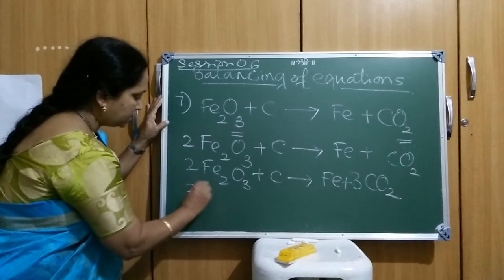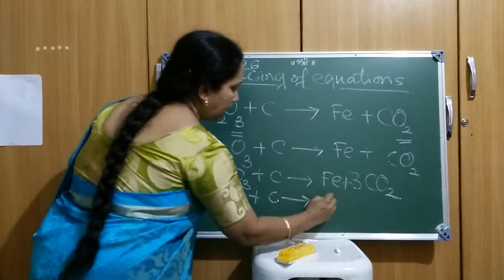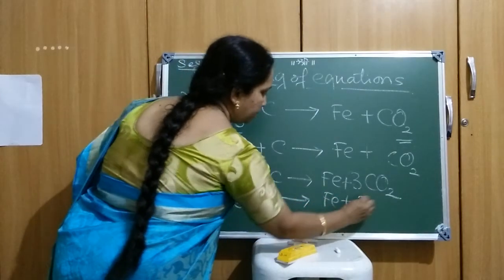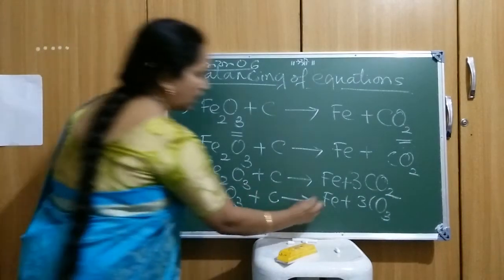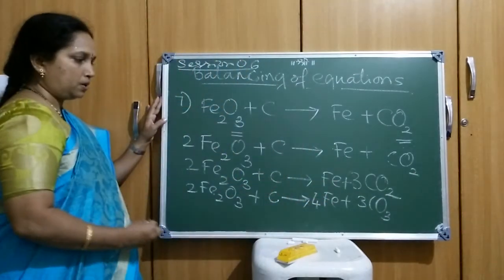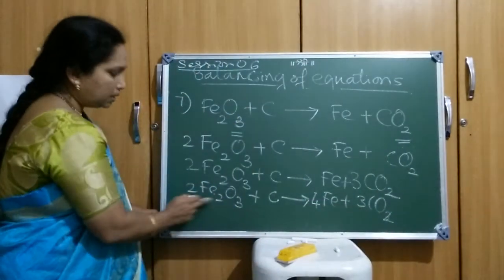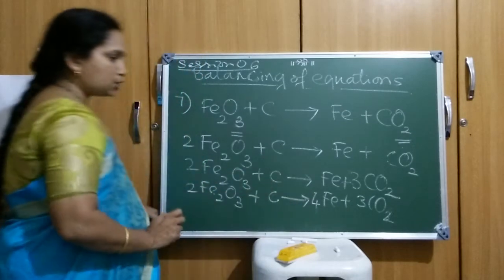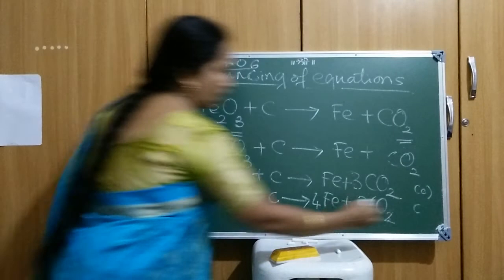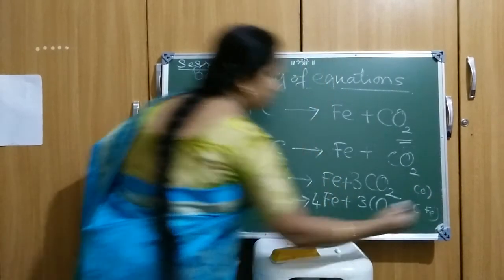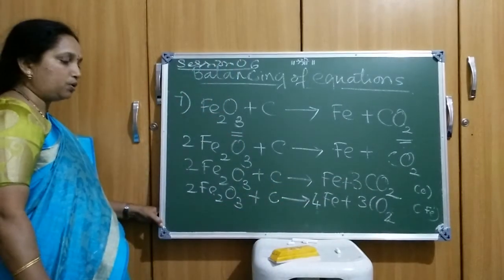So I'll write down the equation Fe2O3 plus carbon and Fe as it is plus 3 CO2. So it is a 2 2s are 4. I'll write it here as a 4 Fe. Right? Here it is okay, CO2. Then I think it is iron, it is balanced over here. So in the first case I have balanced the oxygen, and in the second case I have balanced the iron. Now what is left out? The carbon is left out.